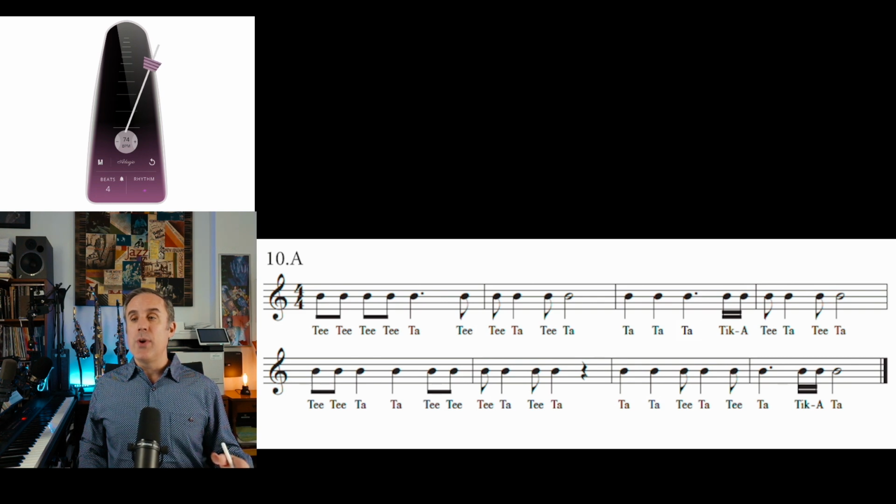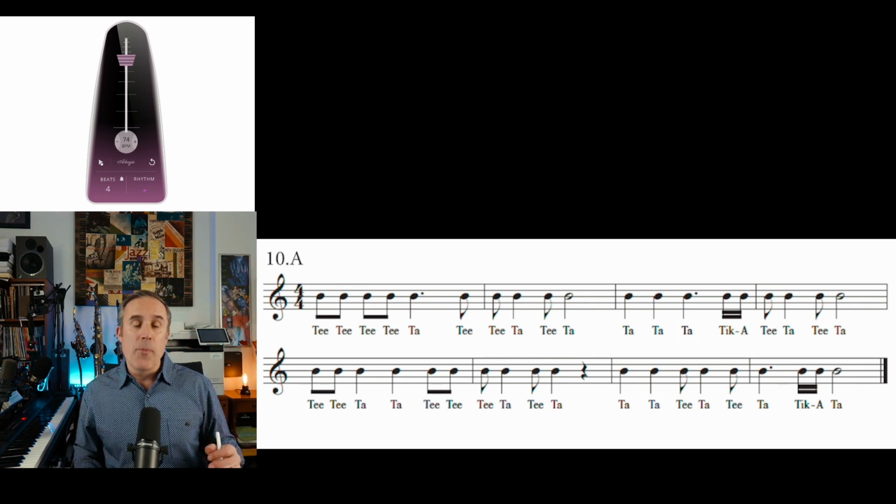1, 2, ready, and ti, ti, ti, ti, ta, ti, ti, ta, ti, ta, ta, ta, ta, Tik-A-tee, ta, ti, ta, ti, ti, ta, ta, ti, ti, ti, ta, ti, ta, ta, ta, ti, ta, ti, ta, Tik-A-ta. Stop the metronome. Hopefully you heard that I held that last note full value, but there were also some